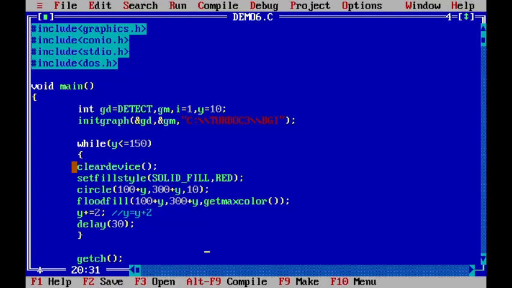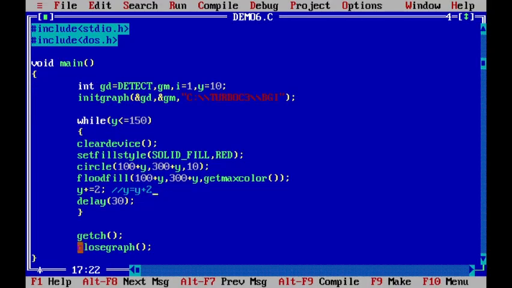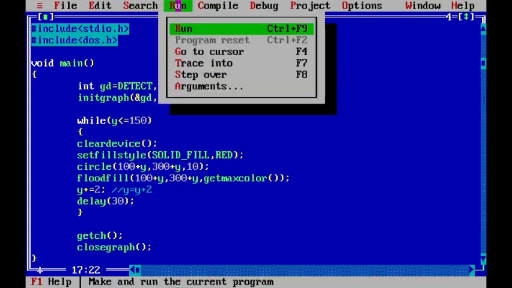So I have used clear device so that when the second ball is to be made, just before that, clear device will work and clear the previous drawing. And finally the getch method and the close graph method. The getch method will pause or hold the screen until any character is entered. The circle is moving. So that's all for the coding part.